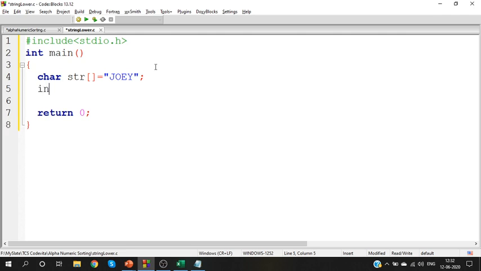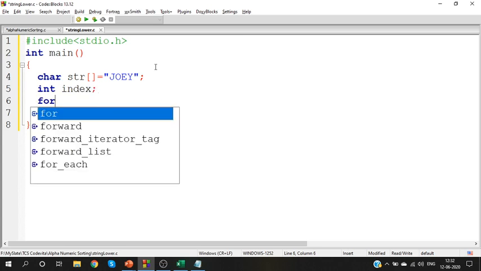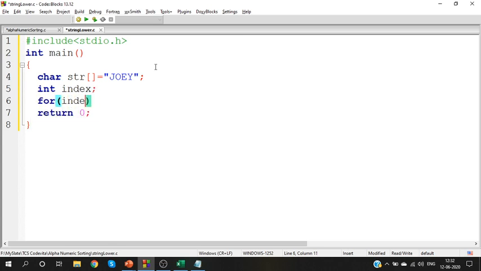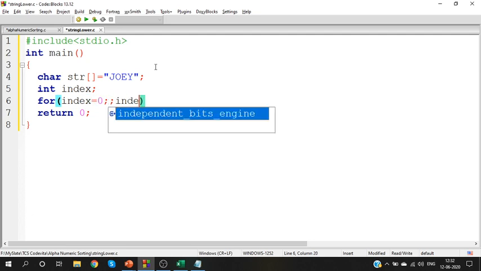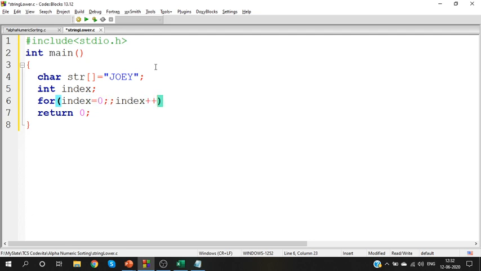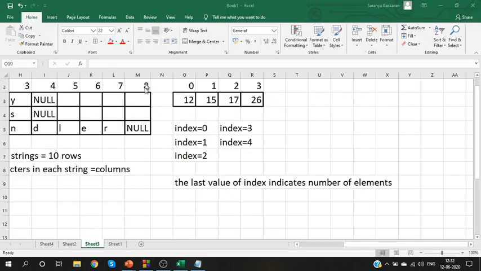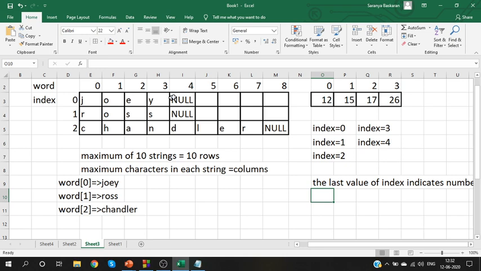You should take each character starting from the 0th index. Always start from the 0th index, index plus plus. Until when should you go? How will you know that a string is completed? If a string is completed, we will reach the null character. So proceed until the character becomes null, not the integer value, not the index value. Until the character becomes null, continue.